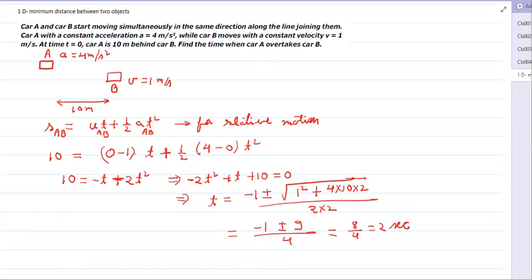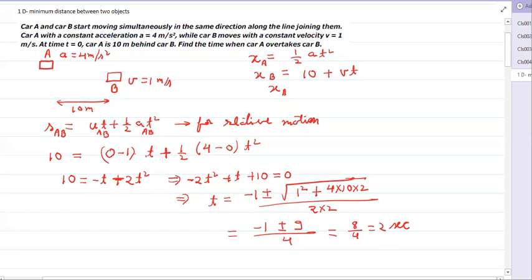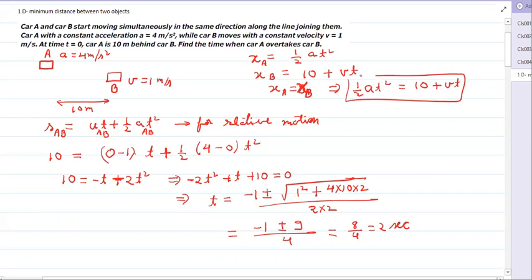या फिर आप देखिए, ये तो रिलेटिव मोशन कॉन्सेप्ट से किया हमने, आप ऐसे भी कर सकते हैं, डिस्प्लेसमेंट बाय फर्स्ट पार्टिकल, हाफ at स्क्वायर, और दूसरे का पोजीशन पहले से 10 मीटर आगे है तो 10 प्लस vt। दोनों बराबर होना चाहिए, x_A must be equal to x_B, तो हाफ at स्क्वायर इक्वल टू 10 प्लस vt। इस तरह से भी किया जा सकता है, सॉल्व करेंगे तो सेम चीज आएगा।